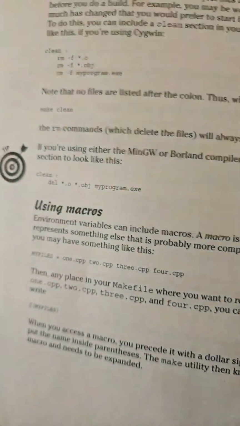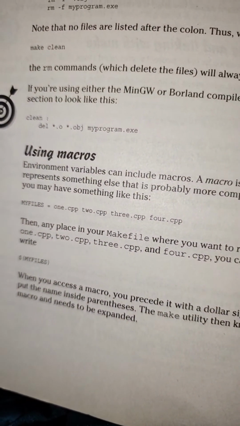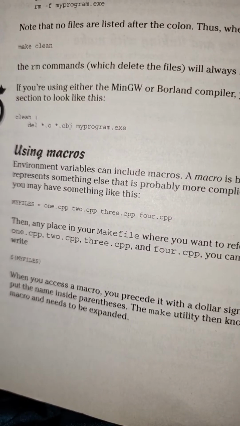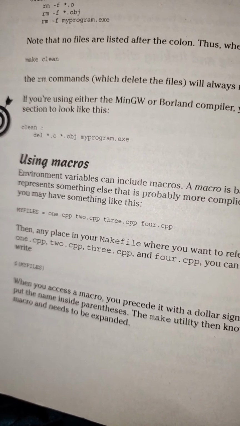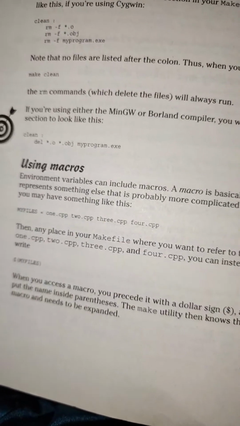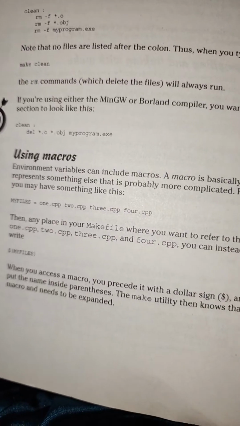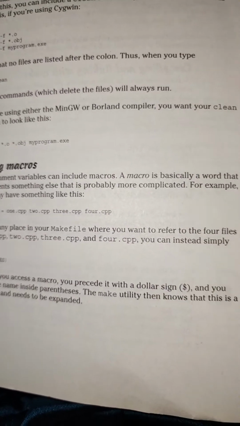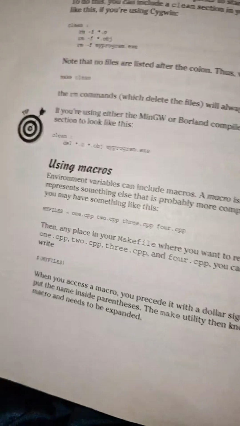Environment variables can include macros. A macro is basically a word that represents something else that's probably more complicated. For example, you may have something like this: MYFILES = 1.cpp 2.cpp 3.cpp 4.cpp. Then any place in your Makefile where you want to refer to the four files, 1.cpp, 2.cpp, 3.cpp, and 4.cpp, you can instead simply write